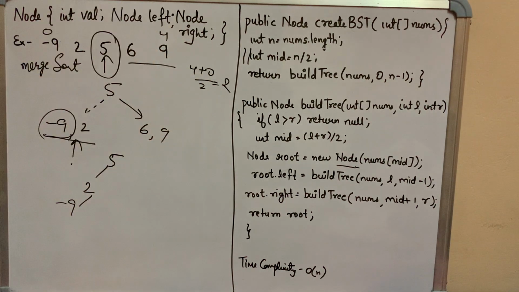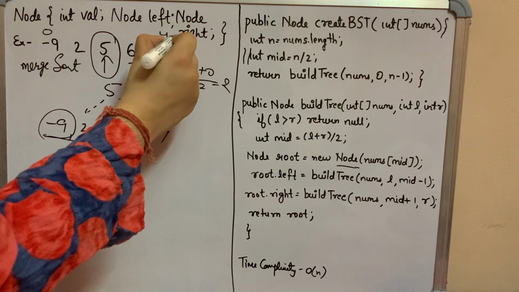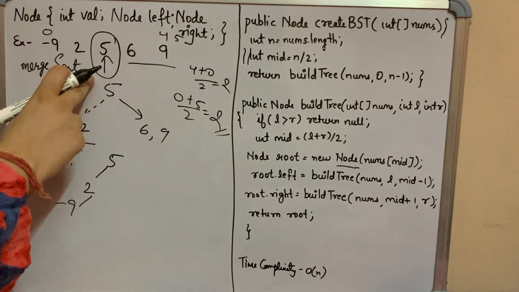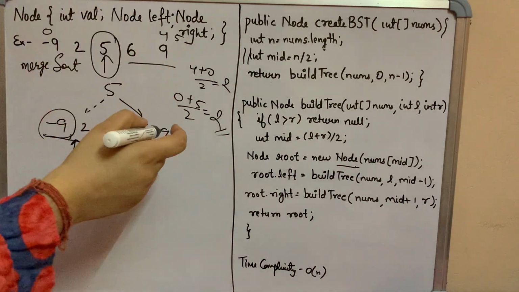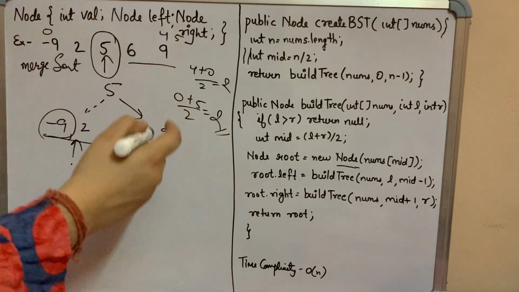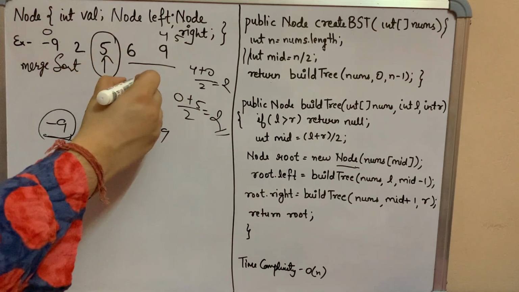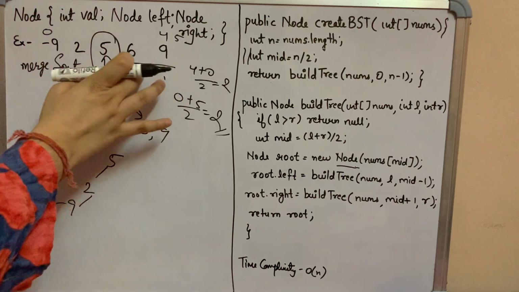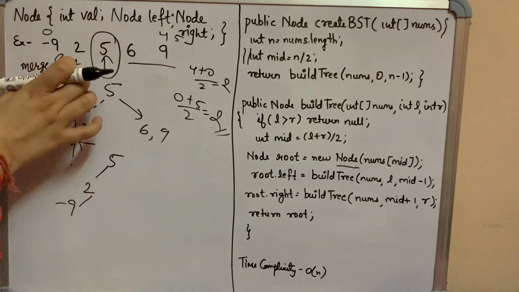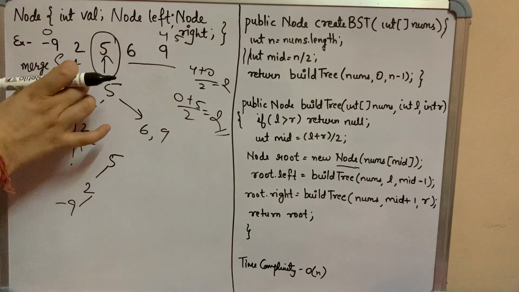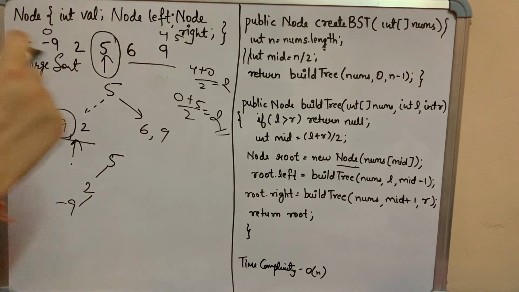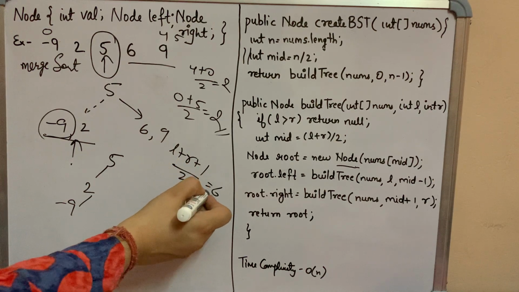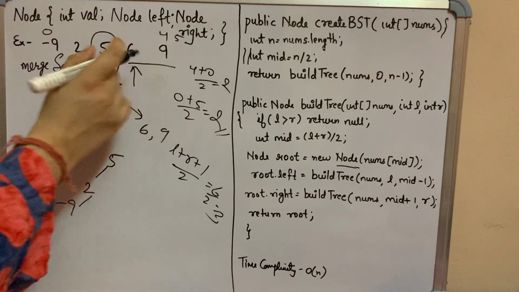Middle, left, right, two elements. If you had 5 elements, and the index goes till here, then 0 plus 5 by 2 will again be your 2, if you're taking the lower half, the floor function. If you are using the ceiling function, you will have 3, but let's go for now with 2. Then you have 2 elements here and 3 here, so you will process like this. Similar kinds of adjustments you can see if you want to do L plus R plus 1 by 2. What will happen here, 6 by 2 is 3, then you will have this as your mid element, then you have 3 here and 2 here.